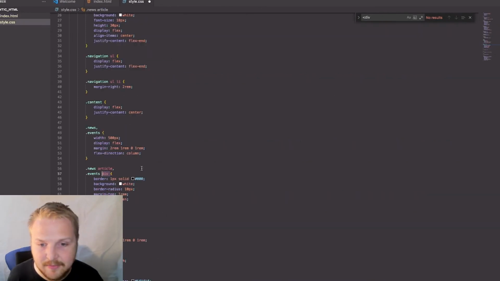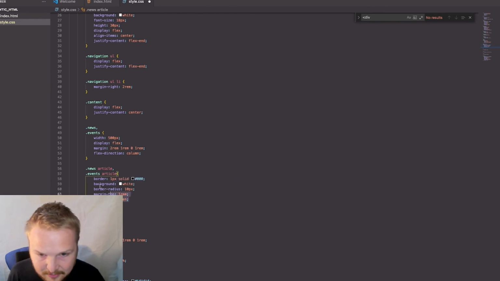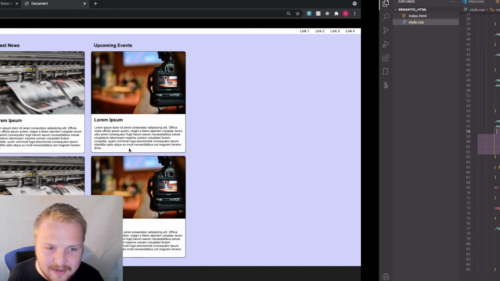So yes, when I have an article underneath an object with the class of news and an article underneath an object with the class of events, I need it to have this code instead of on the divs. So let's try again now. And there you go, we have what we had before. Everything looks the way it originally did. If we now go and have a look at our code again,